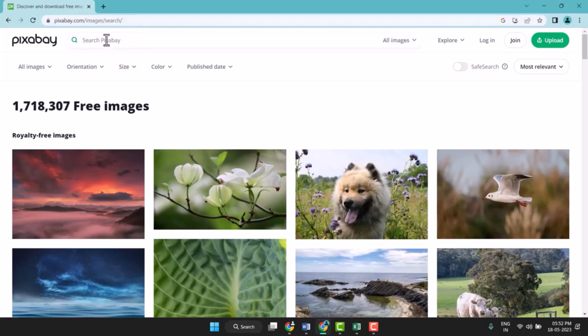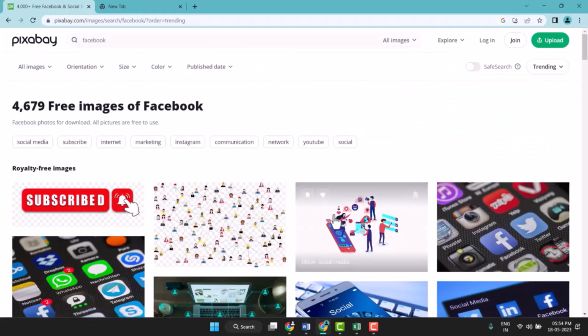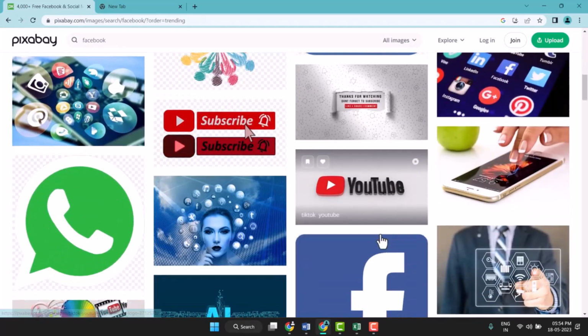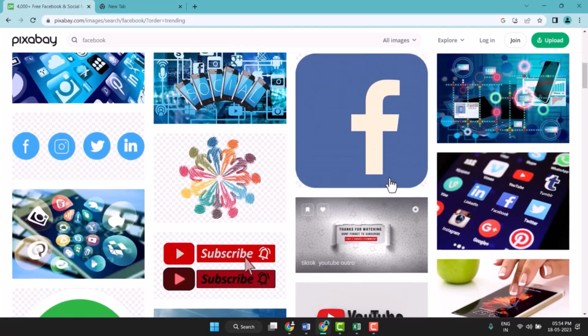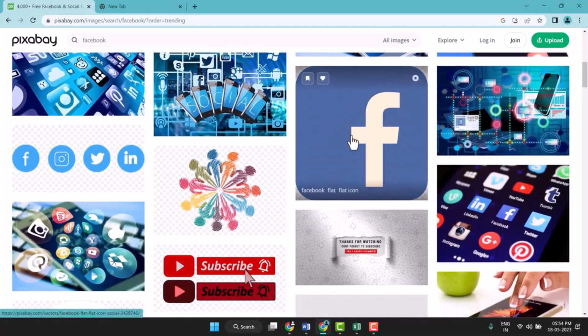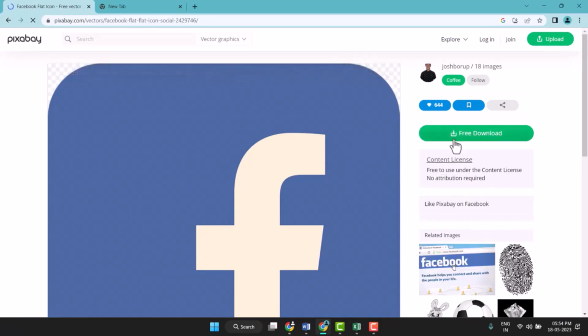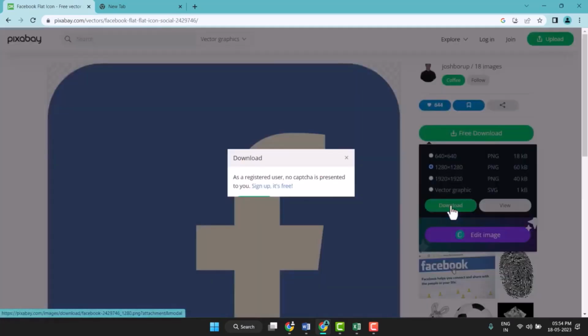and here you need to search. Yeah, you see this will show these images, the Facebook images, social media, and subscribe. So this is Facebook, so just click on it, and here is the free download, and here select this size and click on download